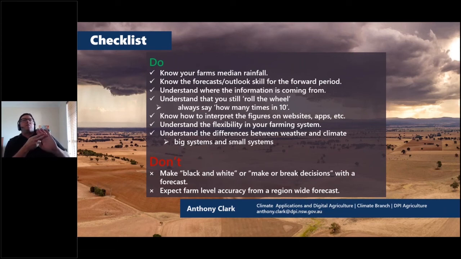Develop a bit of an appreciation of where the information is coming from. Is it coming from one of the main global sources of forecasting? Is it getting reinterpreted? Is it the free stuff? Is it the good stuff? Are you paying for it? Are you paying a subscription and they're guaranteeing that it's high quality information? Particularly if you're going to make real decisions with this stuff, apply that sort of mature lens to it. Be certain of where your information is coming from if it's important. Really important with both weather and the outlooks.